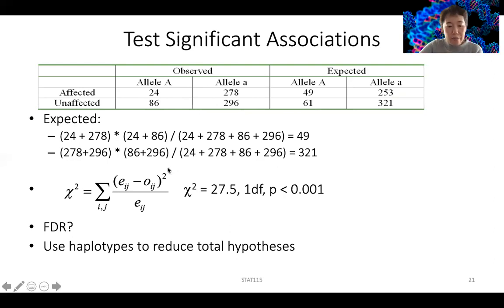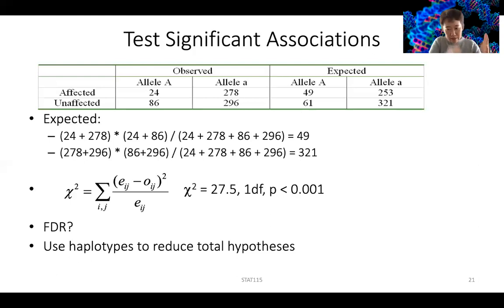And so with GWAS studies, because you're dealing with like a million SNP locations, loci in the genome, your p-value cutoff has to be really small in order to make your FDR less than 0.05. One way to reduce your total number of hypotheses is to look at just a haplotype, because people have done enough studies, and also in your patient, you can see that